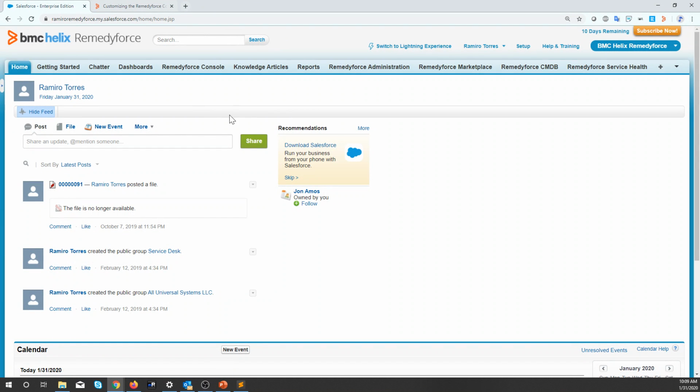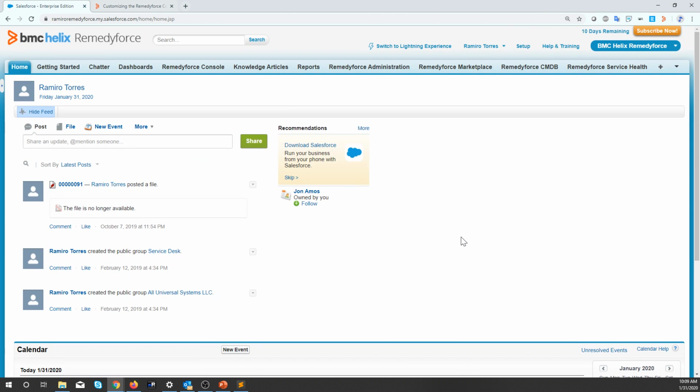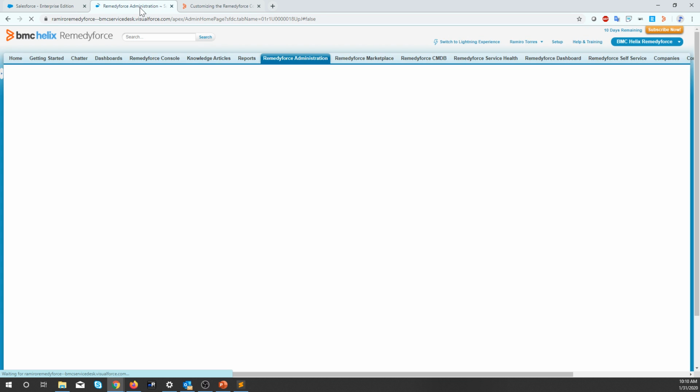Okay, there it is. So this is the home tab of Remedyforce. I'm logged in currently as an administrator. There are two ways of creating a user, and we are going to see them both. The first technique is going to Remedyforce Administration,